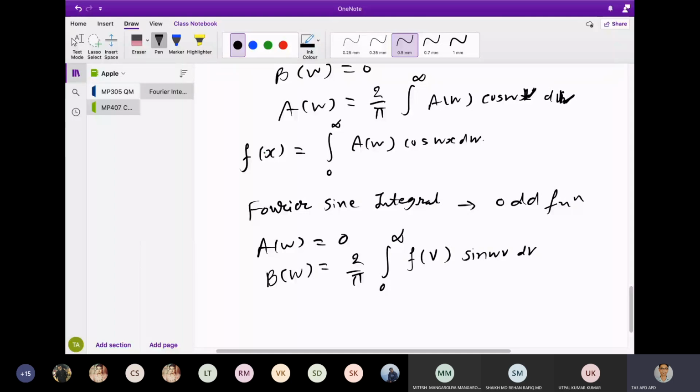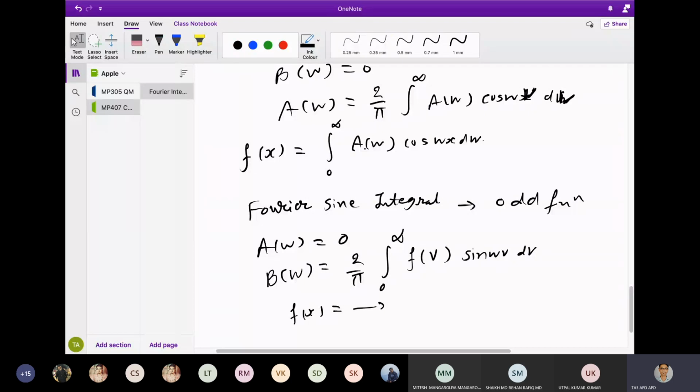And the Fourier series will be, where a was placed, it will be b: f of x equal to the integral from 0 to infinity of b sin wx dw. That will be your Fourier sine integral. I'm not writing that down here, you can write f of x will be this one. So that is how one can transform a particular function into an integral form by taking up these equations. If you know the given function, whether it is an odd function or an even function, you can directly write down its Fourier cosine integral or Fourier sine integral.